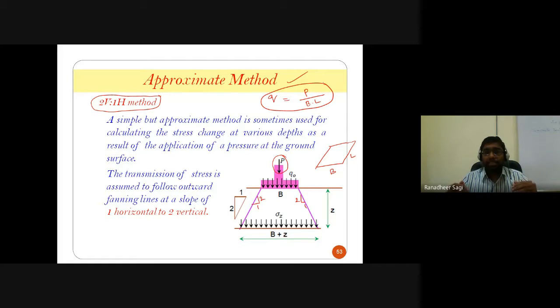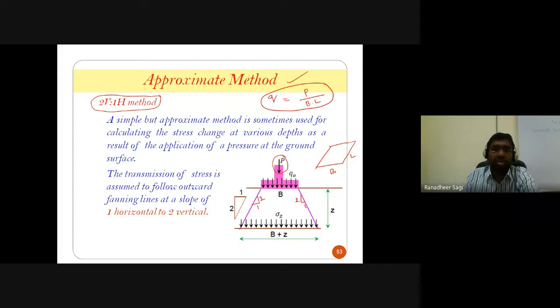Now as that load or the pressure that is applied moves into deeper and deeper depths, what is happening? At the ground surface, or at the footing level, that so-called column load P was distributed only over an area of width of the footing and length of the footing, B into L. But as you move into the deeper depths, the area over which the load is getting spread or applied is increasing.